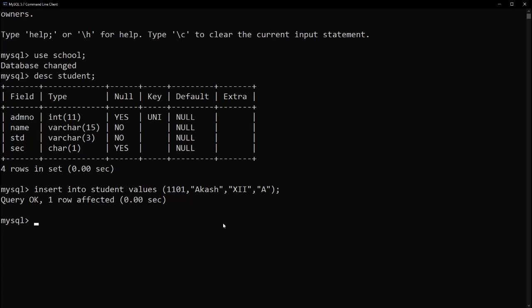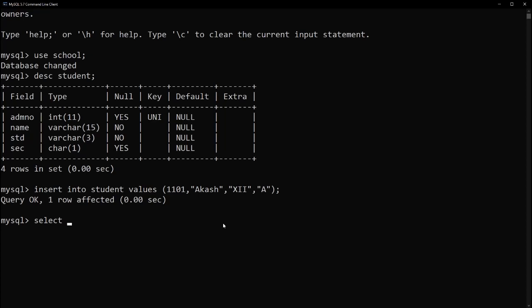Now you would like to see the student table to check whether the values are inserted. And for that, the command is the select command. The syntax of select command is select followed by the column names that you want to be displayed. If you want only admission number, you can specify admission number. If you want admission number and name, specify admission number, comma, name. Now in this case, at present, I want to see all the columns.